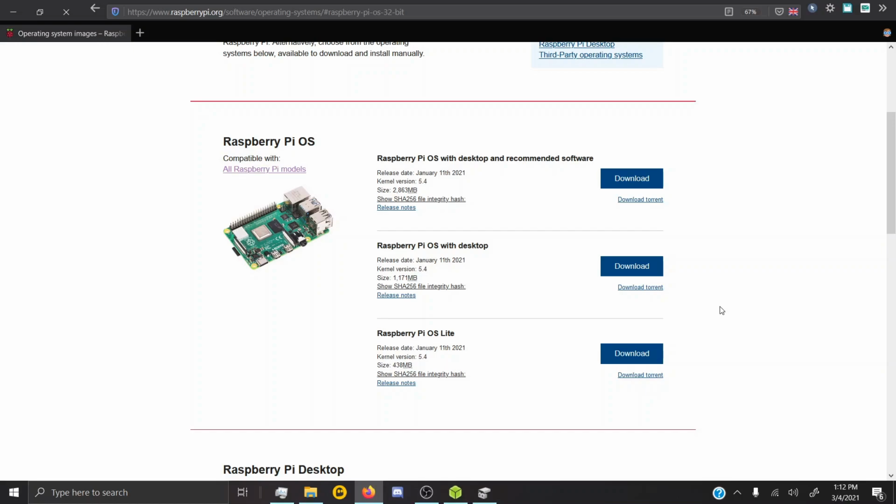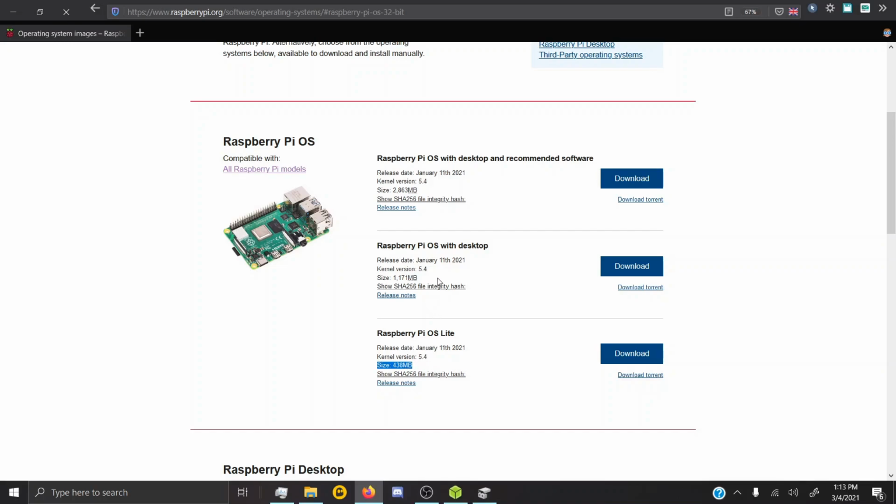There are three versions of the Raspberry Pi OS that we can choose from here. We have Raspberry Pi OS with desktop and recommended software, Raspberry Pi OS with desktop, and Raspberry Pi OS Lite. Now, if the difference in name is not immediately obvious, then the file size should be. As we can see, the recommended software installation is nearly 3 gigabytes just for the download. The Raspberry Pi OS is a little over a gig, and the Raspberry Pi OS Lite is about half a